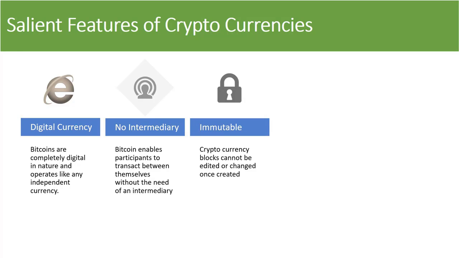The third and really important part of the Bitcoin is that the records or the blocks that are created, that we saw in the earlier video, are immutable, which means that they cannot be changed or edited once created. If a transaction has to be reversed, a separate transaction has to be passed in order to do this. Why is this important? It's because if you have a system where previous records can be edited, that increases the chances of fraud and cybersecurity loopholes. So this is one of those features that really guarantees the security of the network. And in a way, it also reduces the need of an intermediary in the first place.